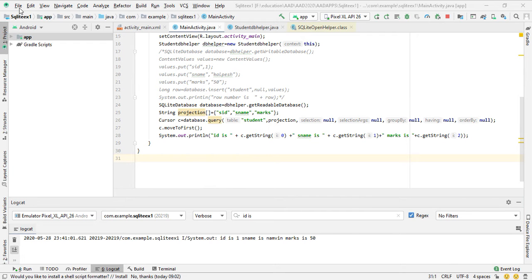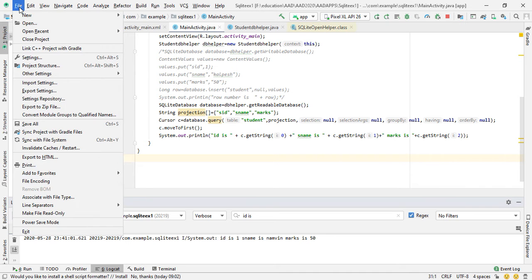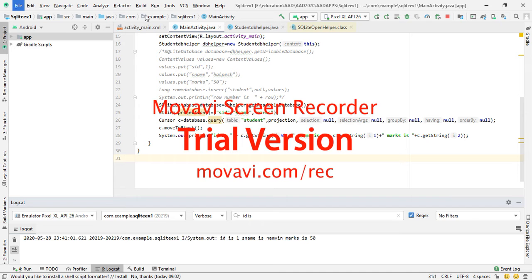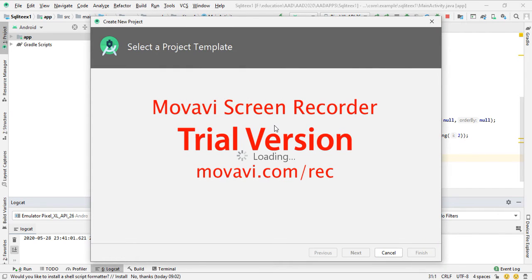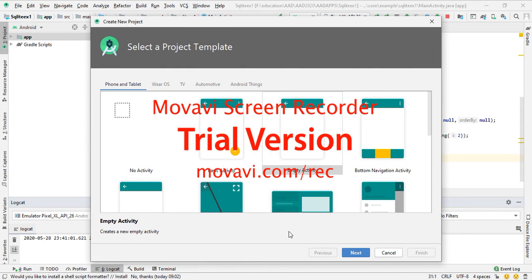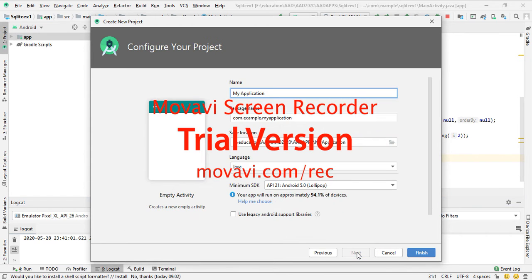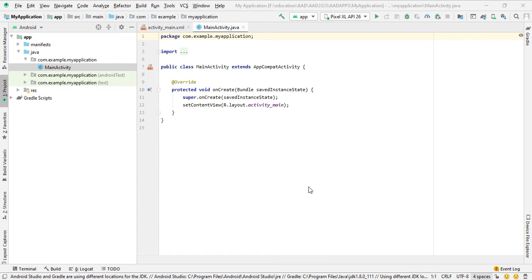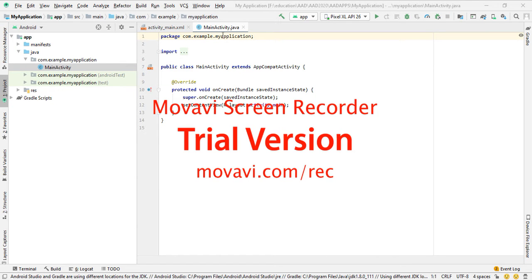So we create one new application, new project. Select empty activity, click finish. Now this is our main activity.